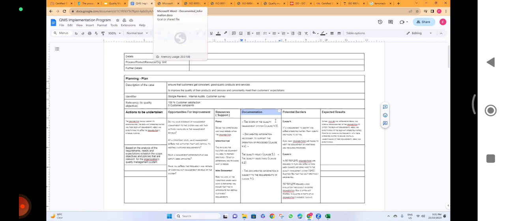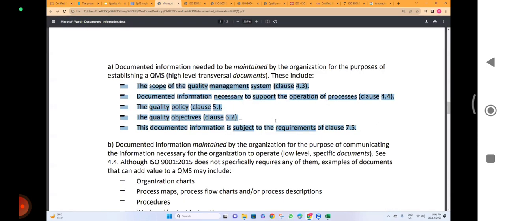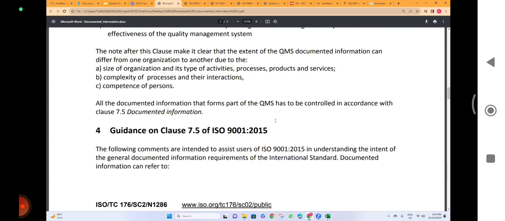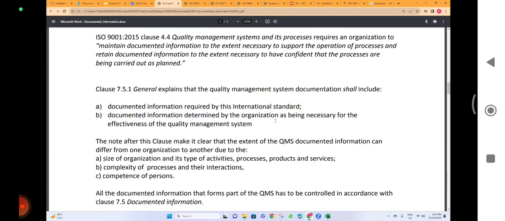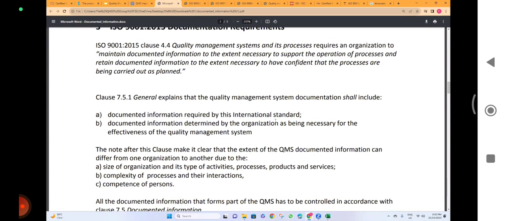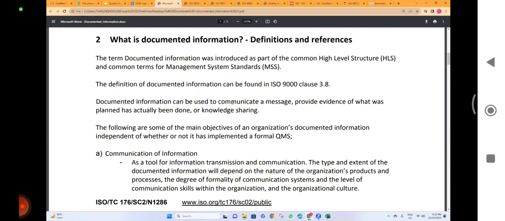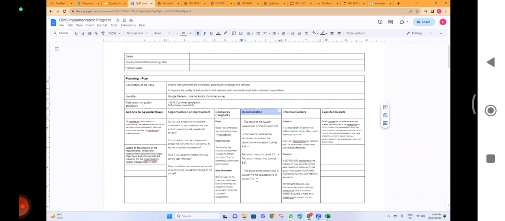Well, when you come to documented information, first of all, I'm going to give you the definition from ISO, like what exactly is documented information and why do you need it, okay? So according to ISO, documented information can be used to what? To communicate a message, provide evidence of what was planned has actually been done, or knowledge sharing. So these documents that you see here that have been listed, these are the secondary documents, the primary documents that you can use to communicate the message to your organization, to document that indeed this action has